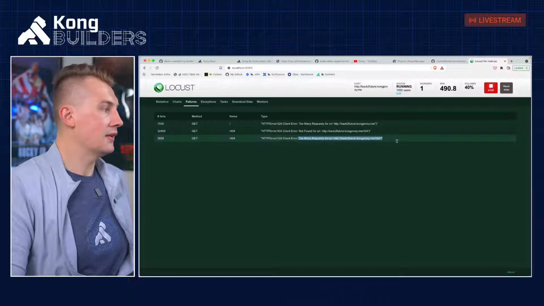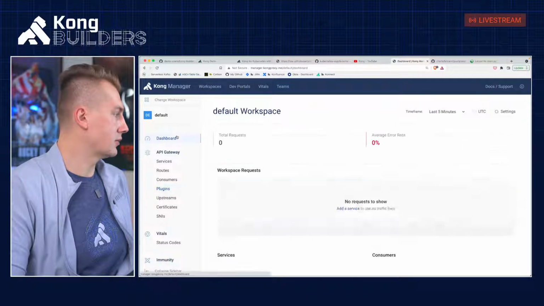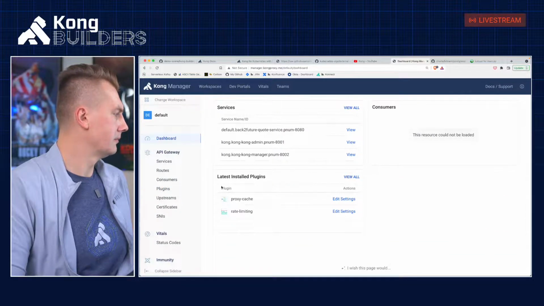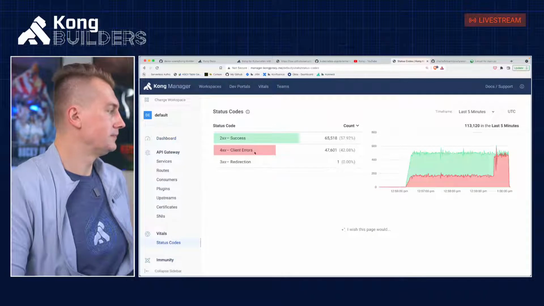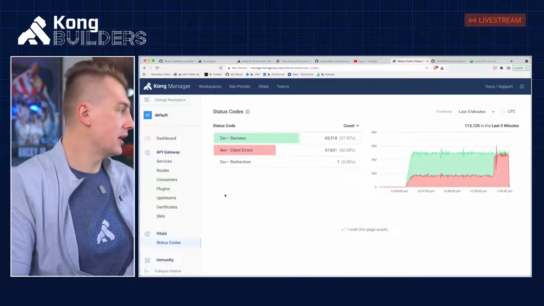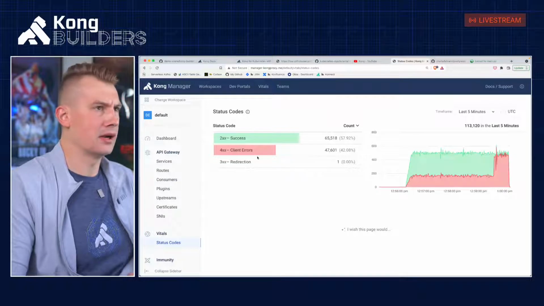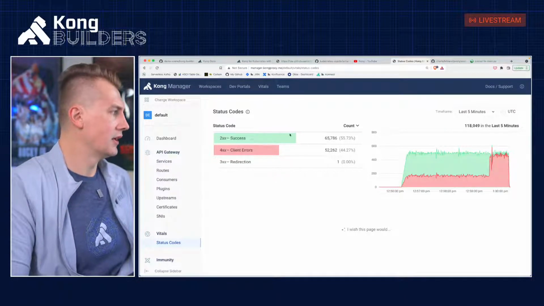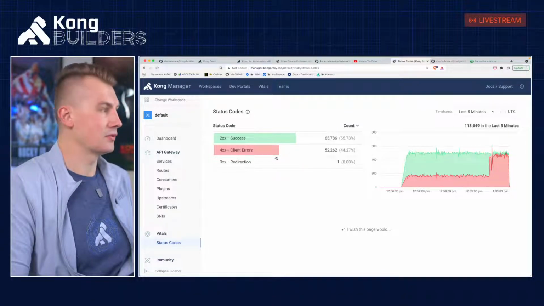See, now we're hitting different types of errors, and we will be able to see this in the Kong Manager as well, because if I go to the status codes, now I'm starting to get not only 404. When I have a rate limiting error, it would be 400. And you see this request rate also grew.